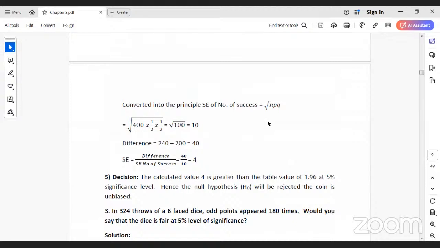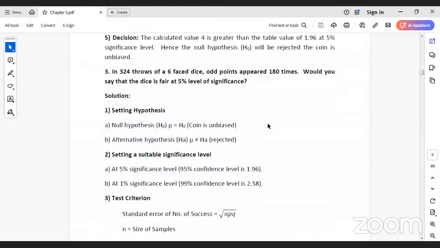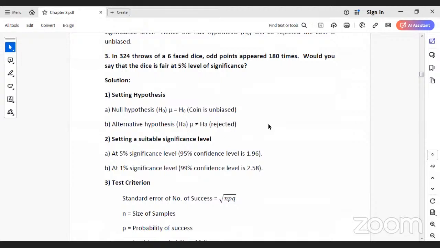No, sir. Okay. Then next problem. In 324 throws of a six-faced dice, odd points appeared 180 times. Would you say that the dice is fair at 5% level of significance? See, 300